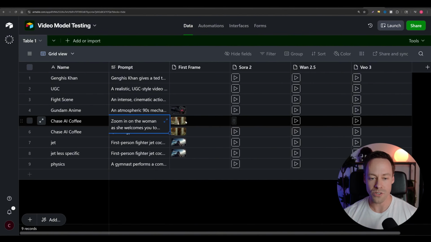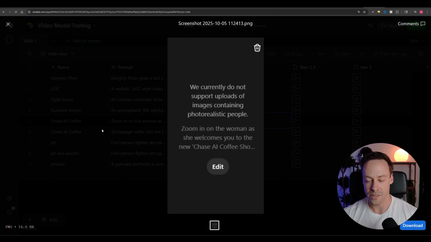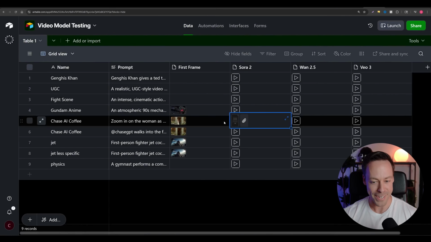So how does Sora 2 do here? Sora 2's been killing it. Absolutely crushing it. What do we get? Oh, we get an error. We currently do not support uploads of images creating photorealistic people. That's a problem, isn't it? That's kind of tough, right? And we're going to dive into that more in a second, but that should give you some serious pause. I can't create photorealistic images of people who don't even exist? Seems like we swung from one end of the pendulum to the complete other, because the first 3 days you can make videos of whatever you want. Now I can't even create made up AI people. I digress. But let's see how Wan did on this.